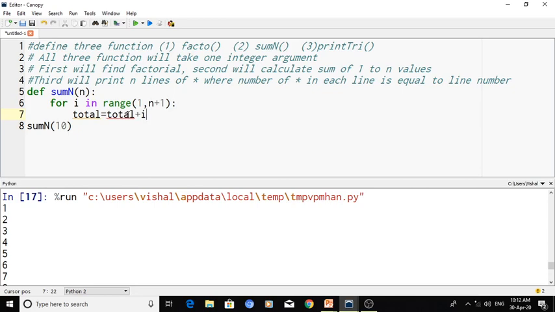If I want to calculate a cumulative calculation, meaning the next value of i will be added with the previous value of i, then we shall write an expression where on the left side and right side, one variable should be common. So total, and the initial value of total I will keep as 0.